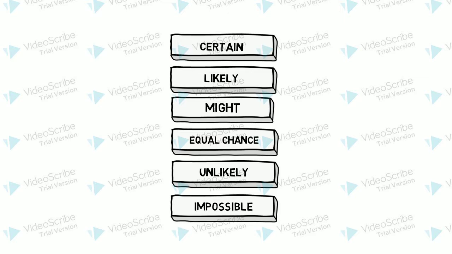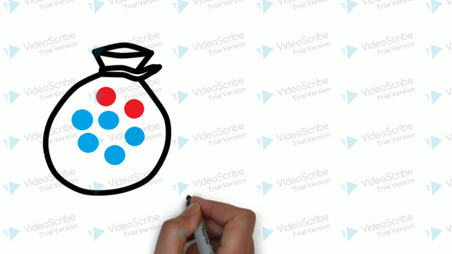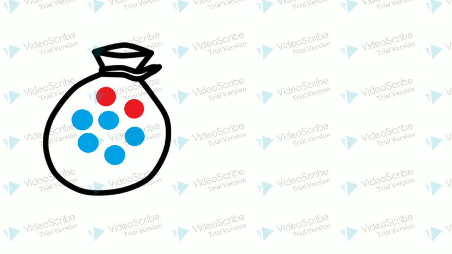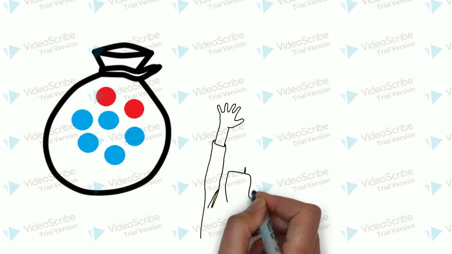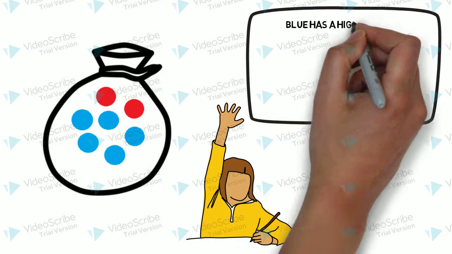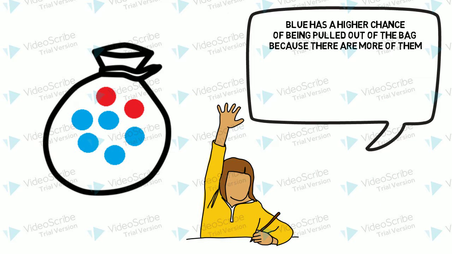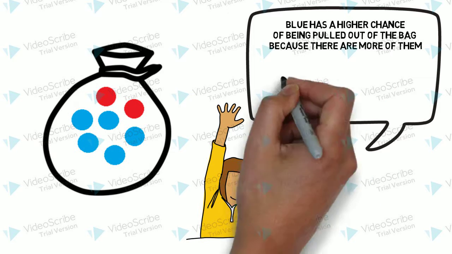low probability. As proportional reasoning is difficult for students across the ages, when students have to decide the likeliness of situations which aren't everyday personal events, students can find major difficulties. For example, if there are 5 blue and 2 red marbles in a bag, students could say that blue has a higher chance of being pulled out of the bag because there are more of them, whereas a student with